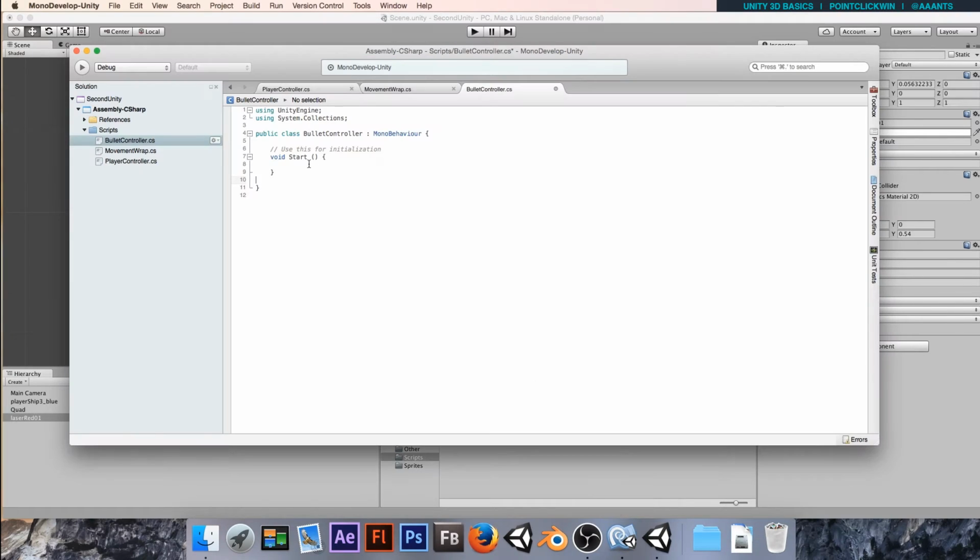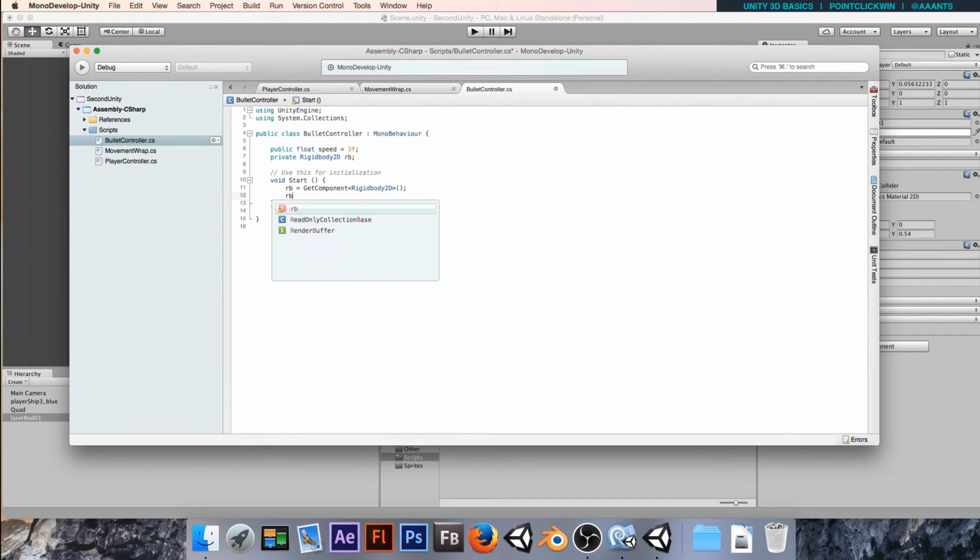So in the code we're going to store this rigid body just in case we do come back to the bullet at any point. Let's make a private rigid body 2D called RB. And just while we're here, let's also make a public float called speed, so we can change the speed of our bullets from outside, and we'll give it the default of, let's say, 3f. So the bullets are going to move at a rate of 3 units in the physics system, but just before we apply the speed, let's do it without. So in the start function, we're going to grab hold of our rigid body by doing RB equals GetComponent rigid body 2D,